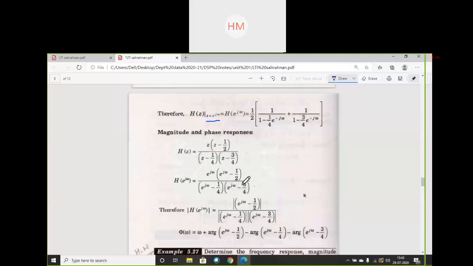इसको पूरा मल्टीप्लाई करोगे, स्क्वायर के पावर्स आएंगे, but you can simplify that very easy. And phi of omega is this omega plus argument of this equation minus argument of this minus argument of this. That is my phase angle. You can simplify, somewhere it becomes easy to simplify. So there you can simplify depending on the marks. If it is asked for lesser marks, don't simplify it. If it is asked for a 20 marks question, then simplify it a little bit.